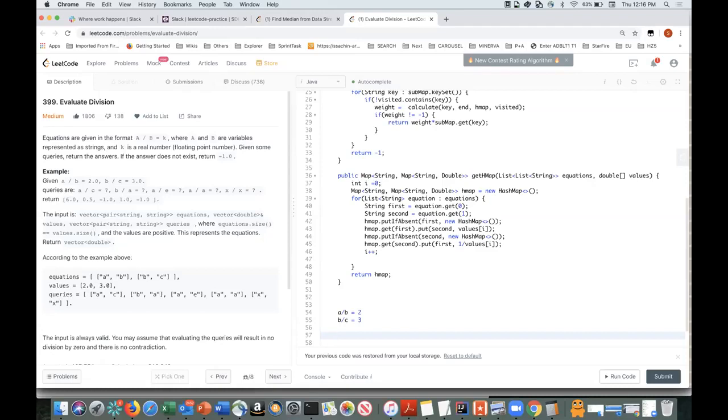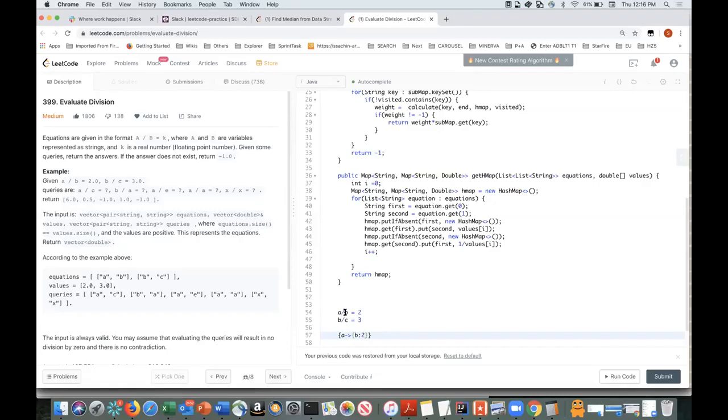So what I did is just represent it in a better graph format, something like this. I will take the very first element from the equation, make it the key, and then make another map, which will be the value of that, and store the double value which is given to me.